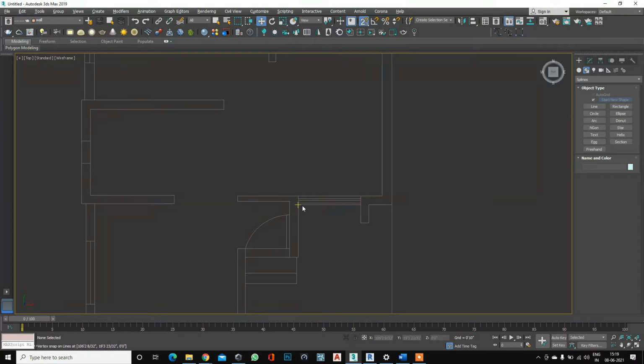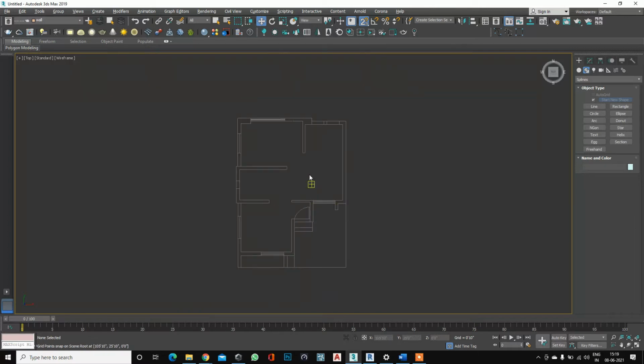So our sill level is equal to 5 feet. So we need to draw the wall from 3 plus 2, equal to 5 feet, for our window height. Okay, understand?